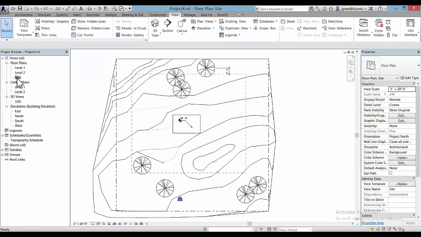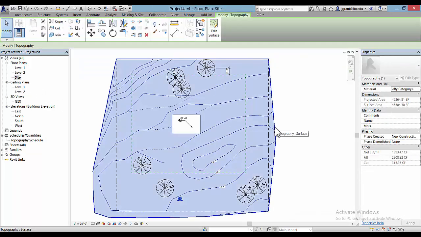So back in the site plan, we can select this new topography and change over here in the properties the name of it to new topo or topography, new topography. And then when you click in space,